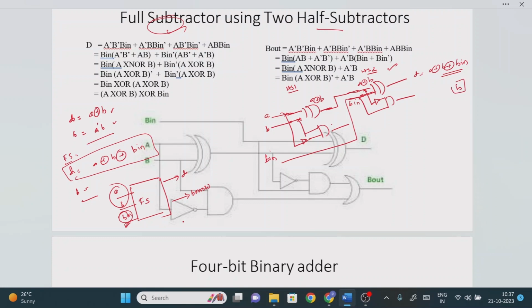Now what is pending is the borrow part. As we know, borrow is generated by the product terms, the AND gate. But here, if you have two product terms, it means you will be getting two different equations. But finally how many borrows do we require? Only a single borrow is required. So what we are going to do is perform the addition of the first borrow and the second borrow, so that instead of getting two different borrows you will be getting only a single borrow. This is the expression for the borrow, right?